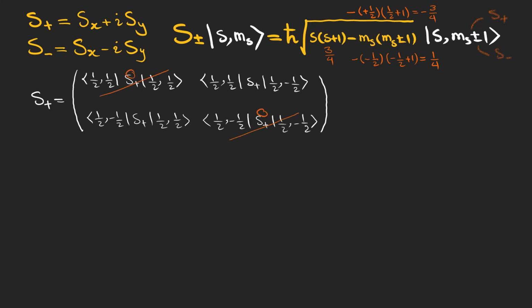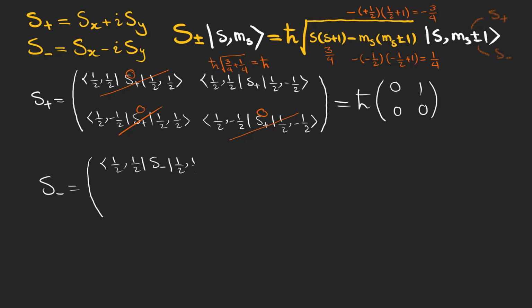These two elements are 0 because the operator changes the second ket, and the inner product would be 0. This one is also 0 because when the raising operator acts on the upper bound, which is the state with magnetic number half in this case, it yields 0. This is the only non-zero element of this matrix, which is h bar. So our raising operator looks like this in terms of matrices.